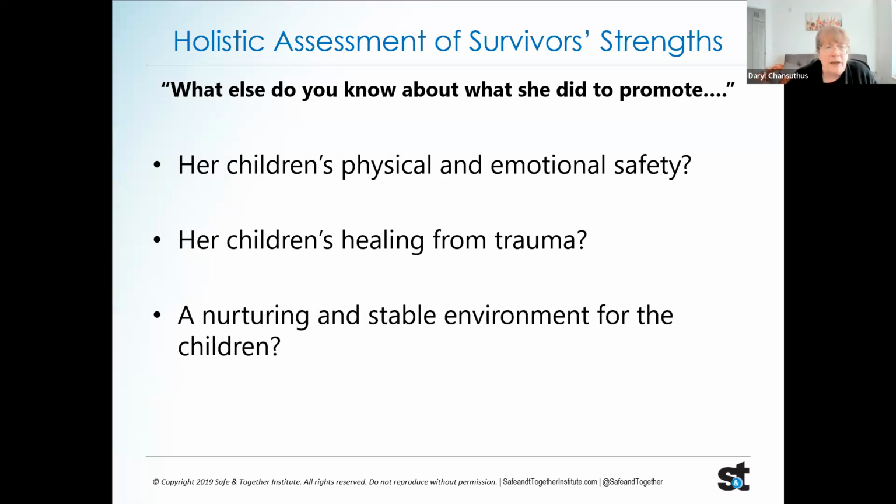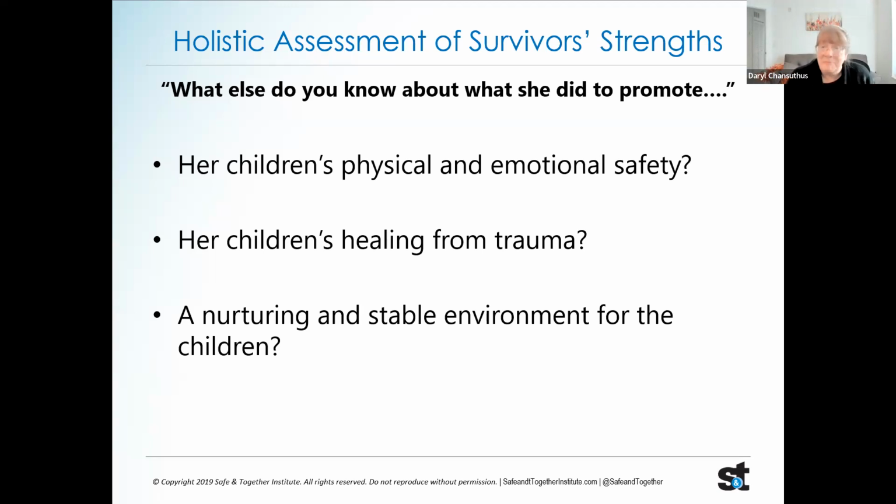But basically you want to always ask yourself, right? Whenever a worker is talking with a family, with a non-offending caregiver, they should always be asking them, what did you do to promote, right? The physical questions that help them to know what she did to promote her children's physical and emotional safety. And we keep asking that, right? What did you do? What with Samantha? What did she do to promote physical and emotional safety of her children? Right? What did she do? What were the things she did to help them heal from trauma? If you ask her that question straight out,